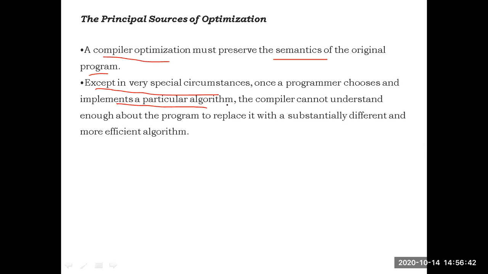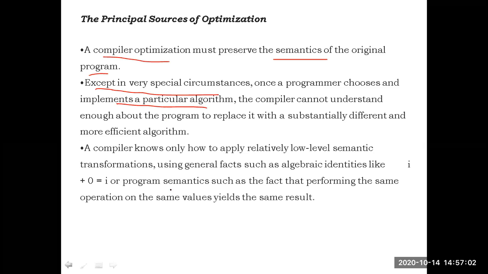Once we decide to follow some logic, that logic will never be touched by the compiler. The compiler will never replace that logic. The overall logic will not be changed by the compiler. Whatever logic the user selected will not be changed. It will touch the overall logic or algorithm only in special cases. Clear? What a compiler knows is